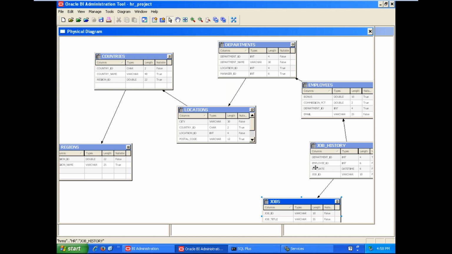This data source is designed not for our technology. Right now we are using our technology to work with the HR schema available in the Oracle database. Before using our technology, this data source was working as an OLTP data source for HR payroll applications. People who are working in the HR application, whatever they are entering, the details are inserted into these tables at the HR user level.